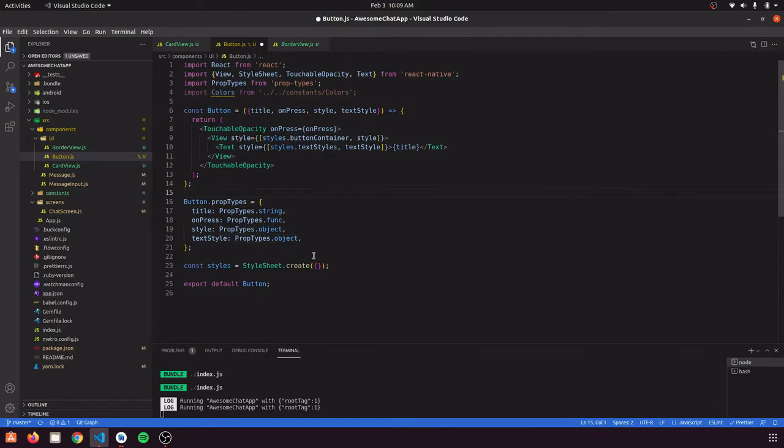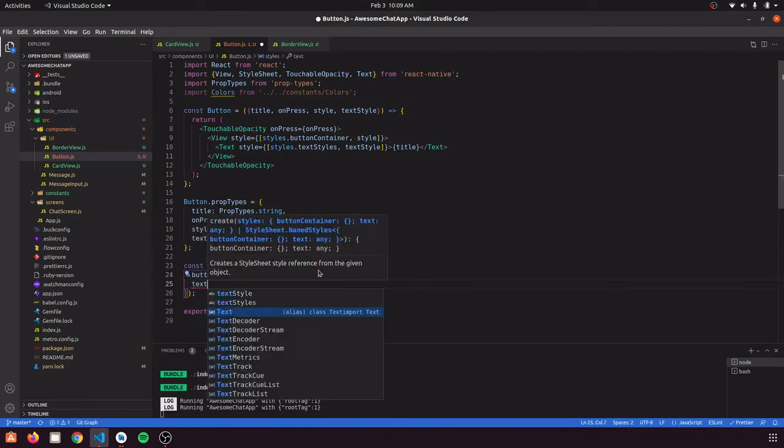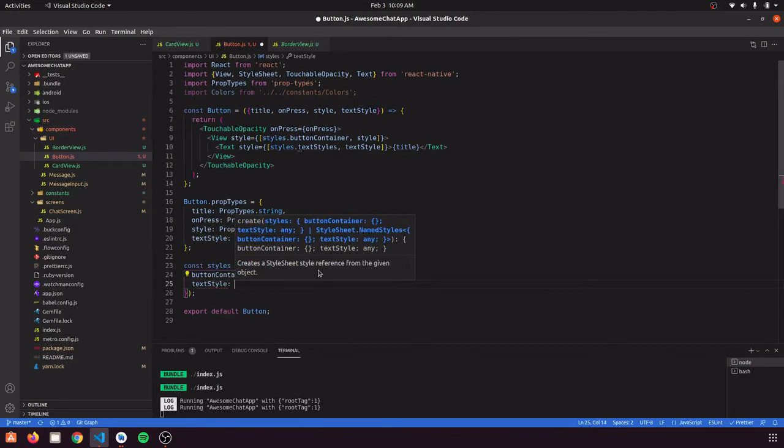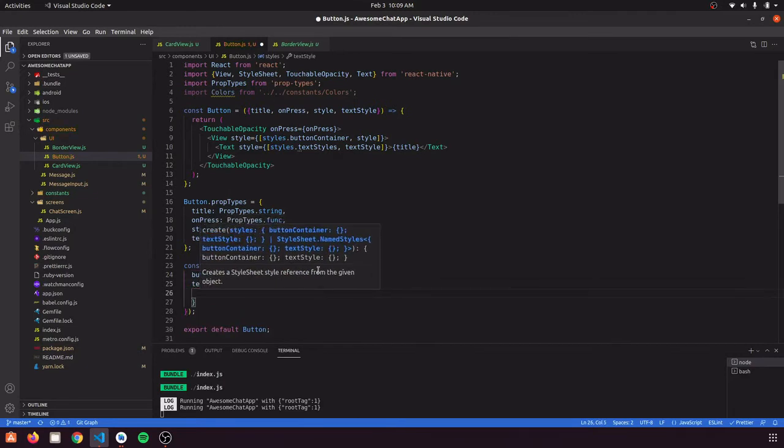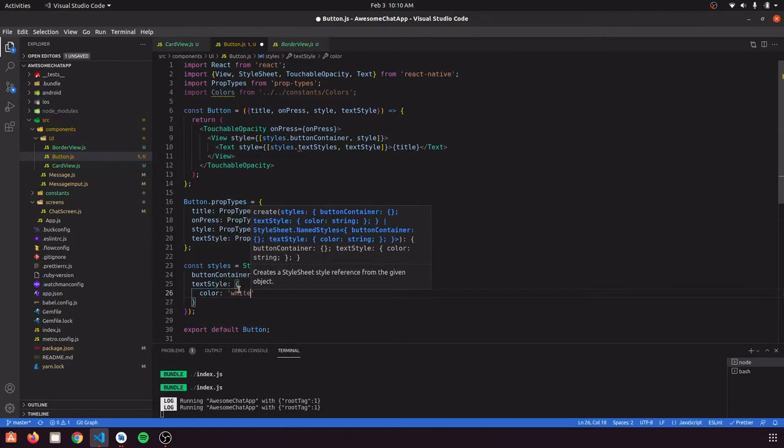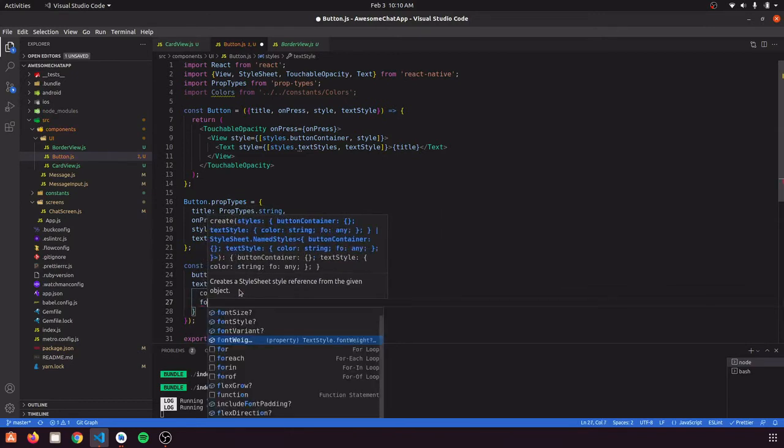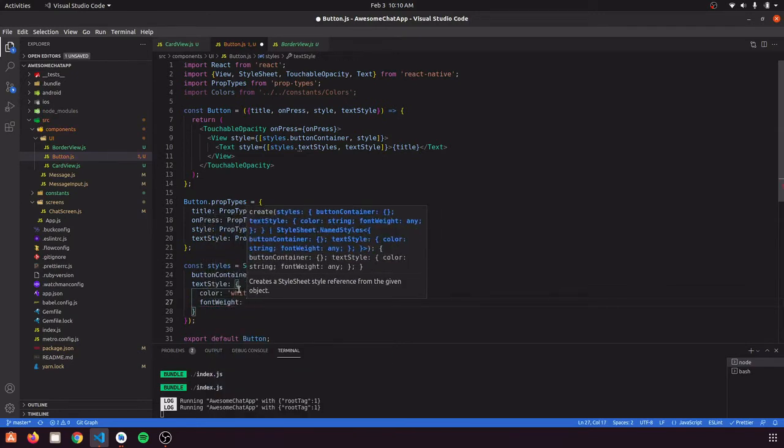So let's just define these two styles in our style sheet. We are having this button container and this text style. For text style, we are going to give it a color of white, and a font weight of bold.